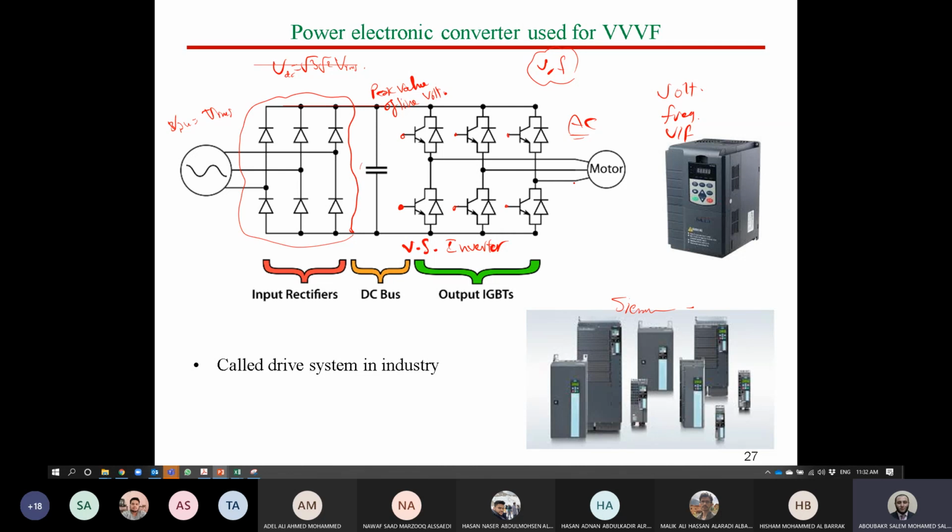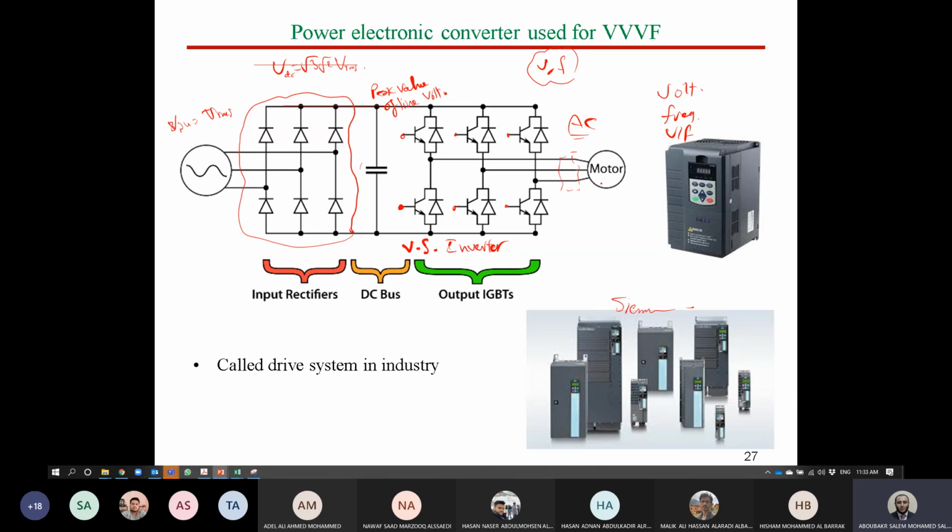We have passive filters and we have active filters. We have filters for a certain order of harmonic or a band of harmonics. So filters have too many shapes. It's not only a capacitor, it can be LC with R. The idea of a filter is nothing but resonance. It's applying resonance at the frequency of the certain harmonic you need to remove. So you can add a filter here